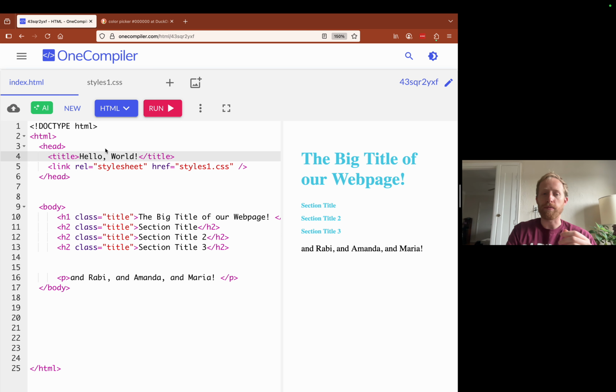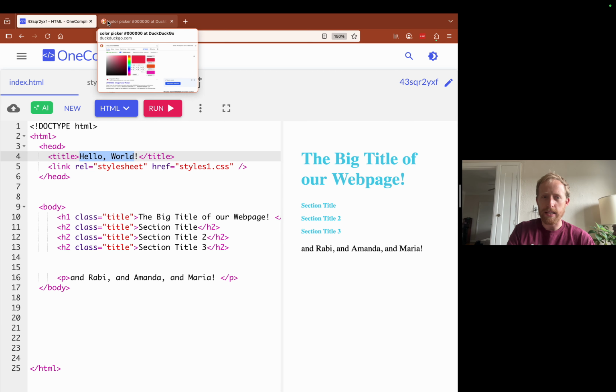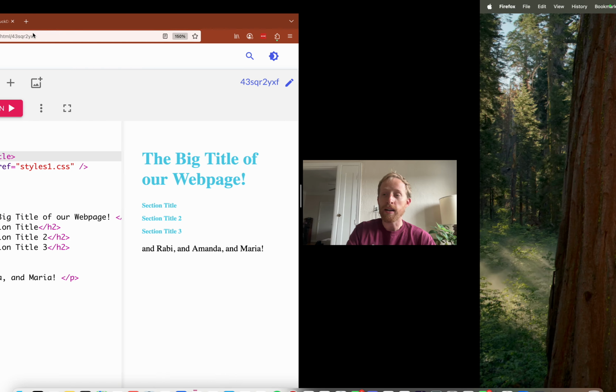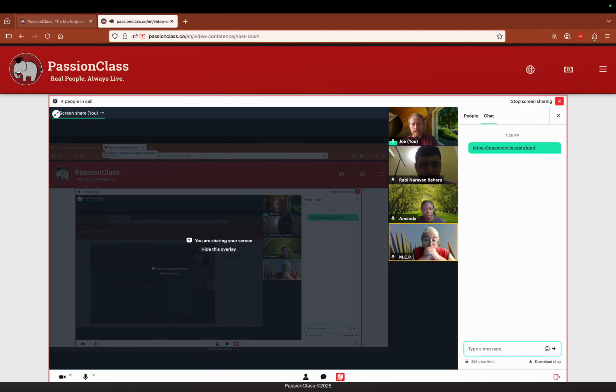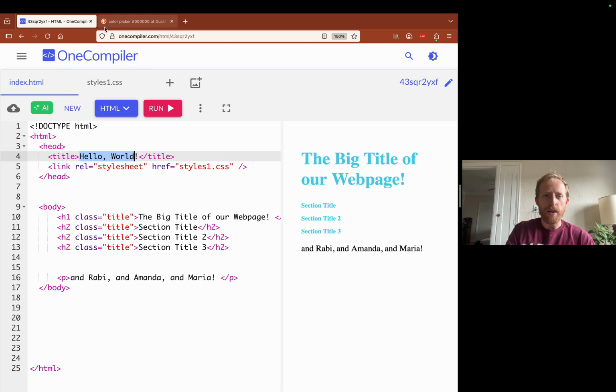But when you go to a website, for example, this title is kind of metadata that most of the time we don't really look at up here. It's going to have a little link to the icon image. Like you see how this has an icon image here, this one has an icon image here. Passion Class, I've got to show you now, has this guy as my little icon up here. These images would also be included. Those are called favicons. Those are included in the metadata. What else? You can have a page description. You can have keywords where you tell Google this is what I should show up for.